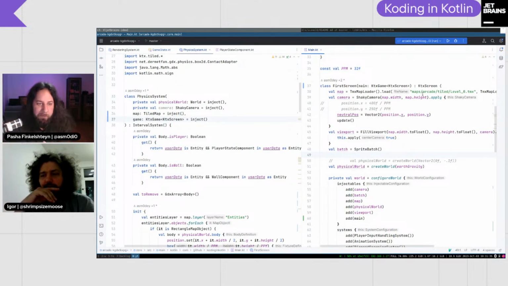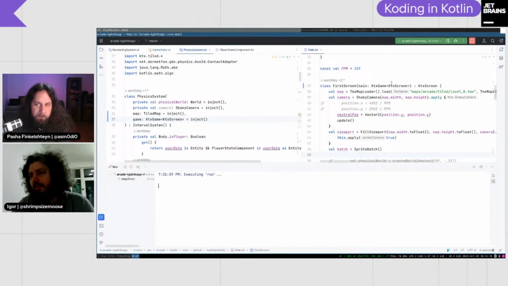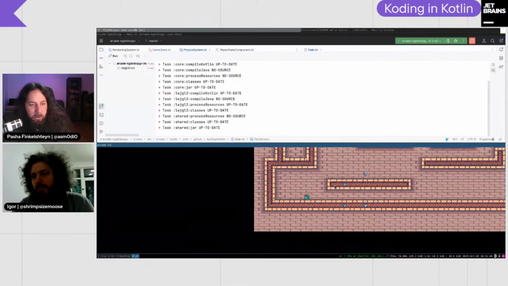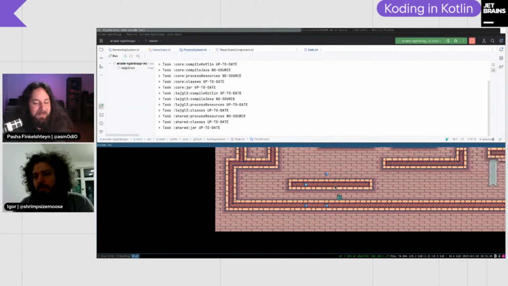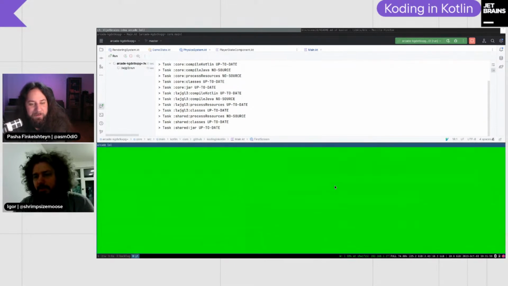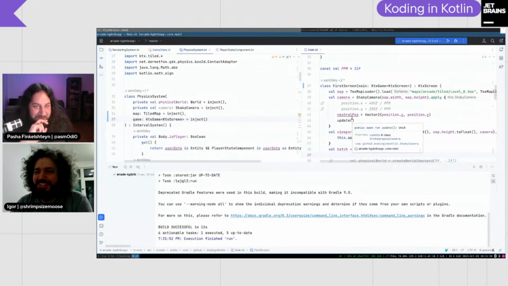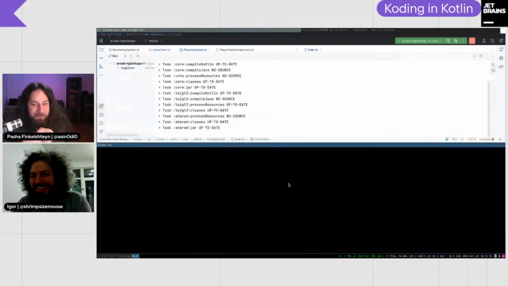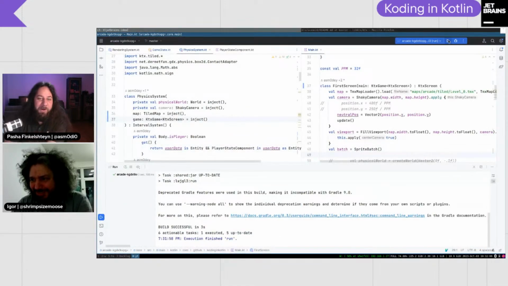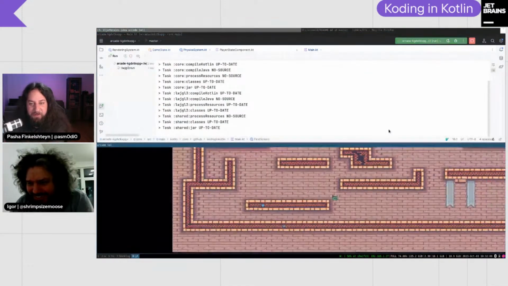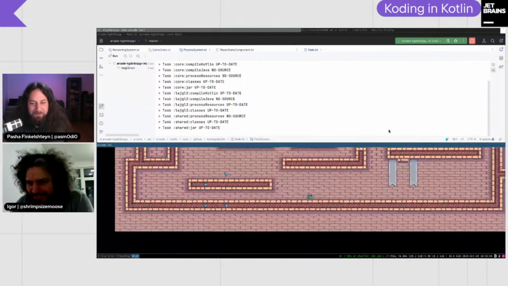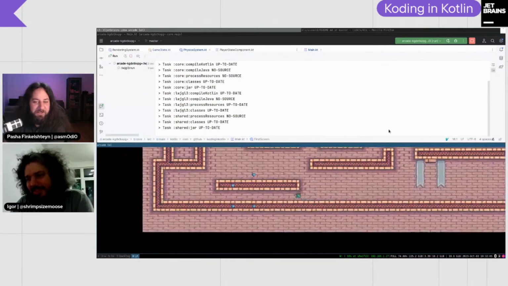Could you please launch the game? You can see on the right top of our screen we have this angle-like wall. It's a wall and the floor at the same time. Probably you will have to comment this out. I can do it. Otherwise, it looks like an instant death. Now you have to be extra careful.